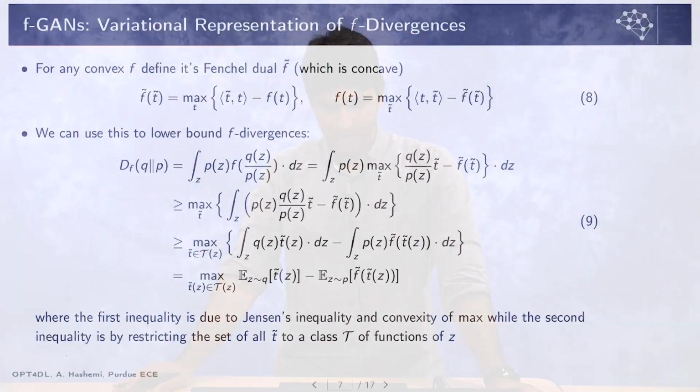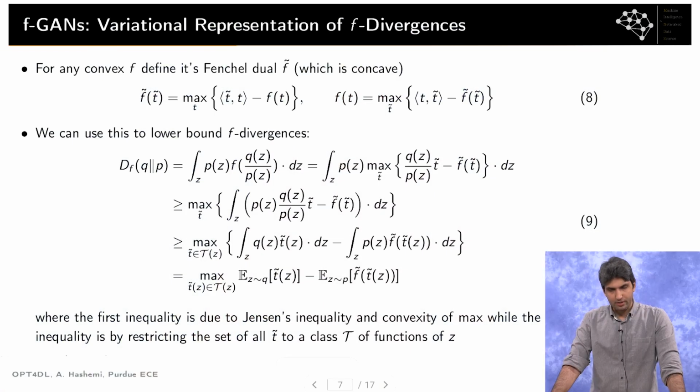And to do that, we're going to talk about what we call the variational representation of f-divergences. So the main idea is that given that f-divergences, notably Jensen-Shannon divergence, that is precisely the objective we use for training GANs, are leveraging some convex function, we can use tools from convex analysis, in particular Fenchel duality, to show that there is a very nice relationship between minimizing divergences and a min-max formulation, as we saw in the previous part of